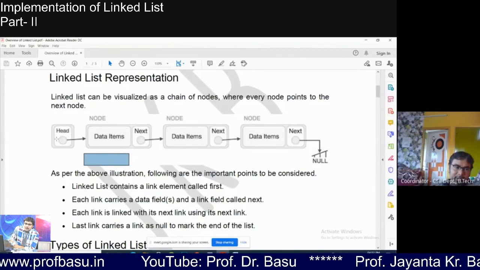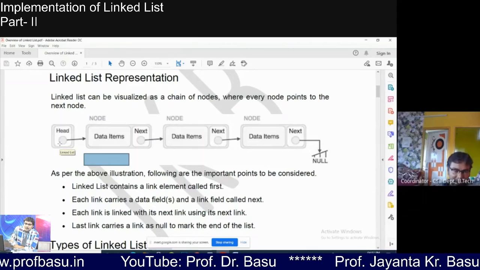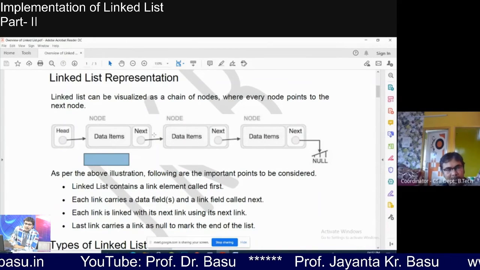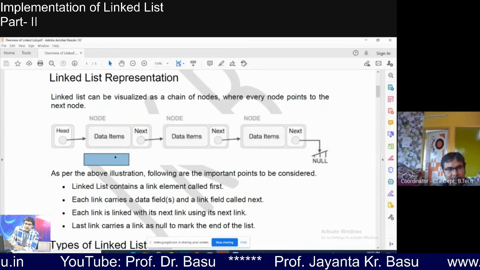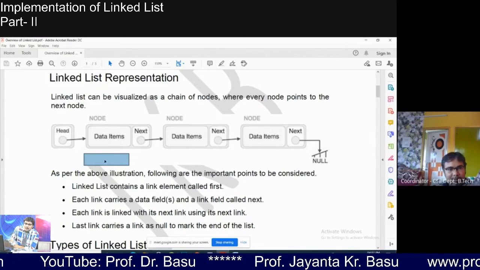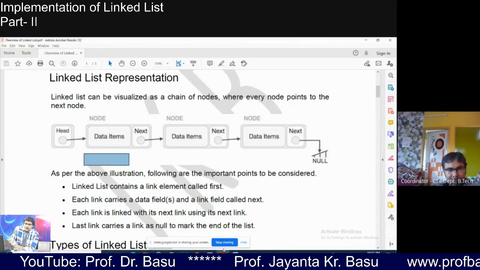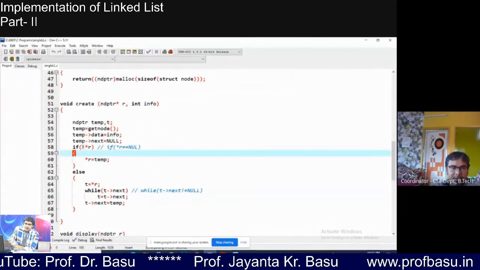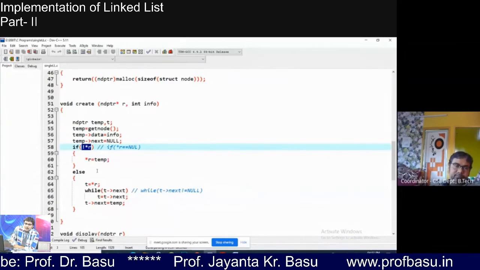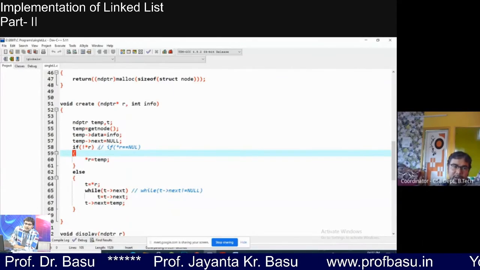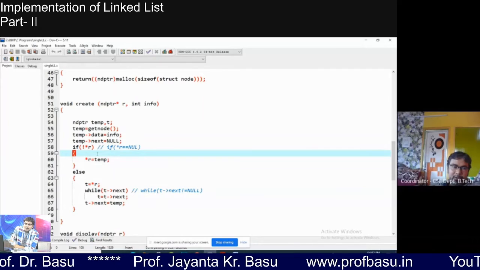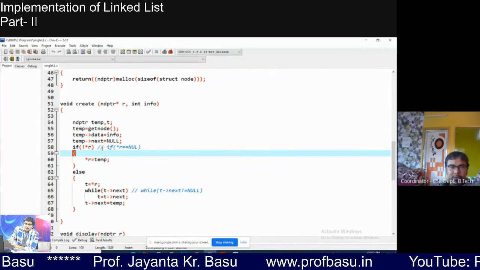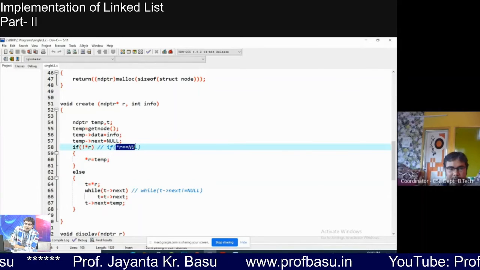If the root contains null at that point, then definitely we can claim there was no node in the list, so the node we add will be our first node, meaning temp will be our first node. If the value of the root is null, then no node was added. So with this, we are checking this: not star r.